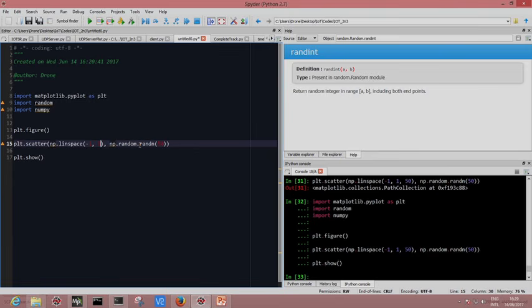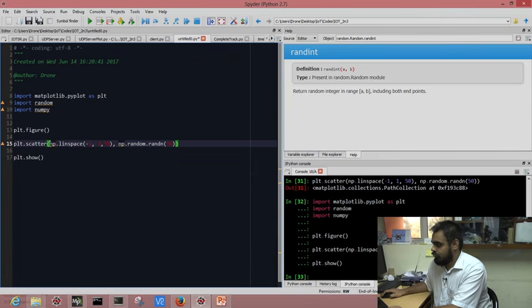So for this scatter plot, we take two arguments, one for x, another for y, and we have used two functions. For the x1, we need a linear spacing of numbers, so we have started off with -1 because this won't be included. It will go up to 50 with a step size of 1. So you'll have 0, 1, 2, 3, 4, 5, 6 up to 50. So you have 50 points on the x-axis,